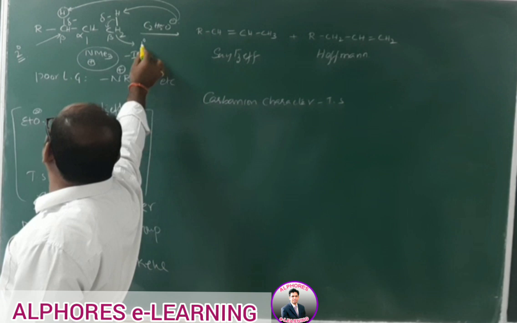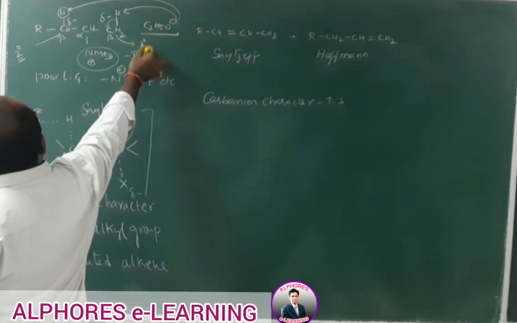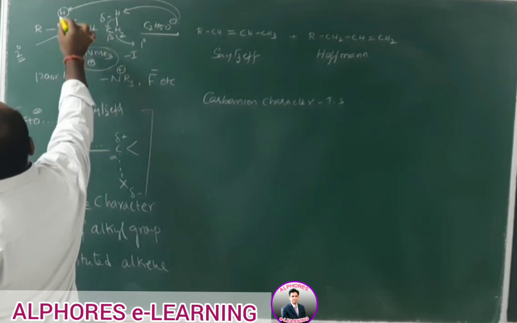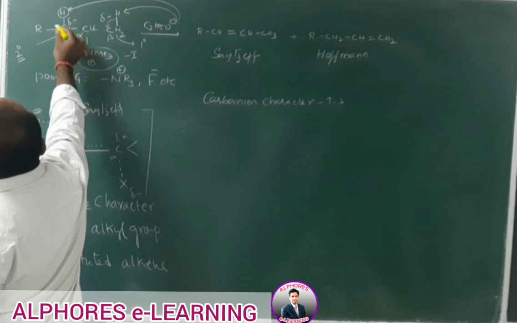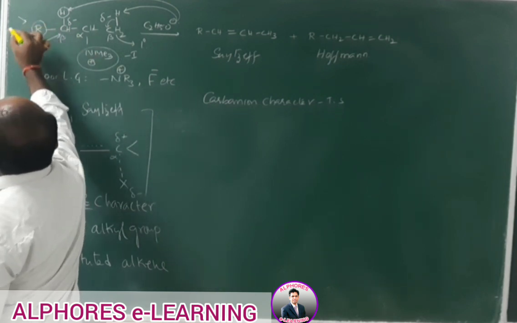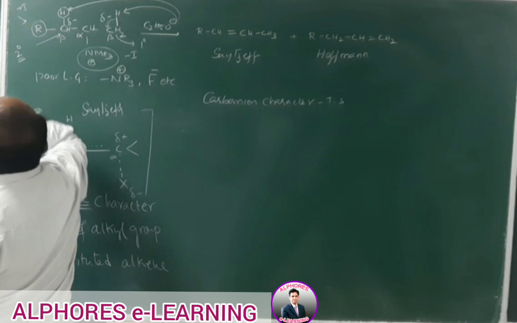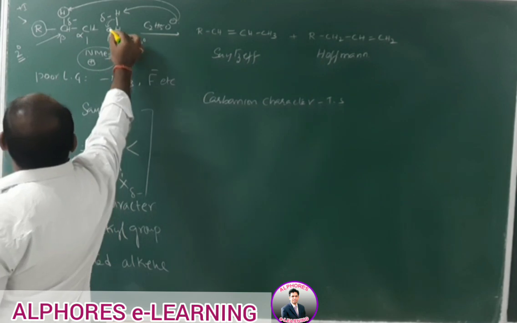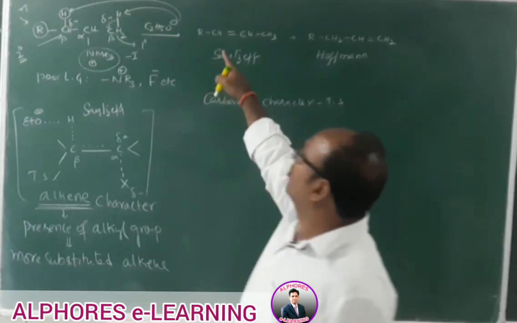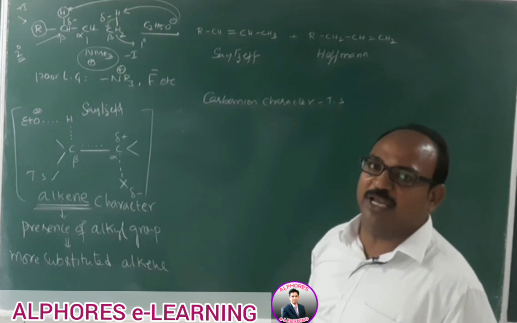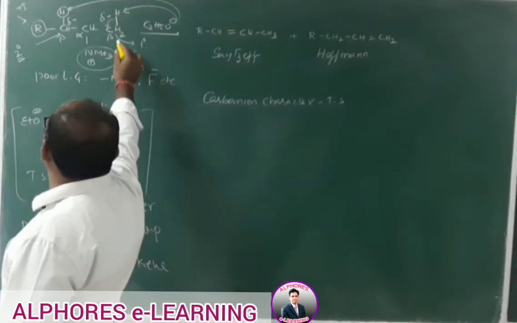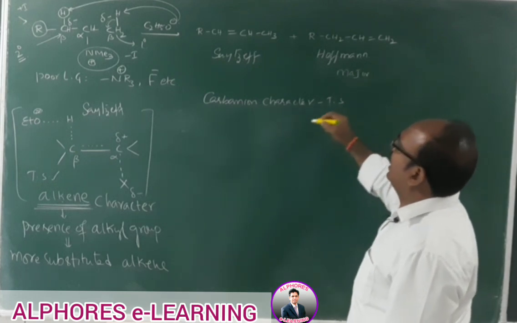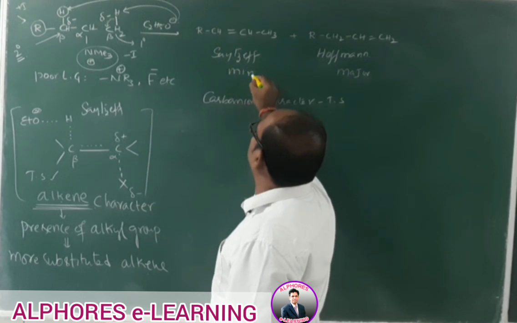In the case of the primary carbanion, the carbon bearing the negative charge is attached to an electron-withdrawing group. Whereas in this case, if negative charge develops here, this carbon is also attached to an alkyl group, which is nothing but a plus I group. So obviously of these two carbanion characters, the primary carbanion is more stable. That's why the base attacks the primary carbon containing hydrogen. That means we get the Hofmann product as the major product and the Saytzeff product as the minor product.